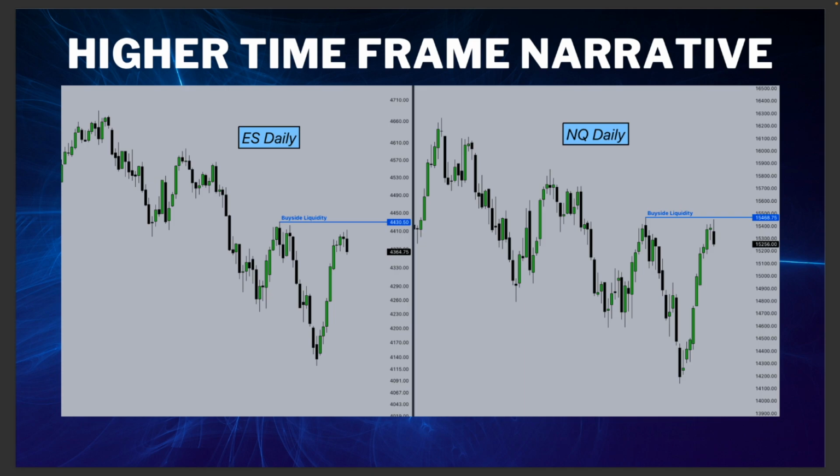So we have ES here on the left and the NASDAQ daily chart on the right. So you can see the previous day, right? On the charts right now, we don't have Friday's trading. So this last candle that you see here and this last candle that you see here is Thursday's daily candle. Okay. So we've been watching this as a draw, this October 12th daily high here on the S&P as well